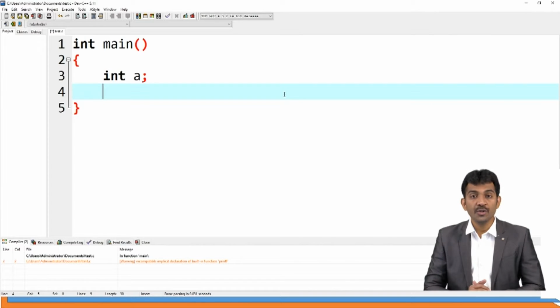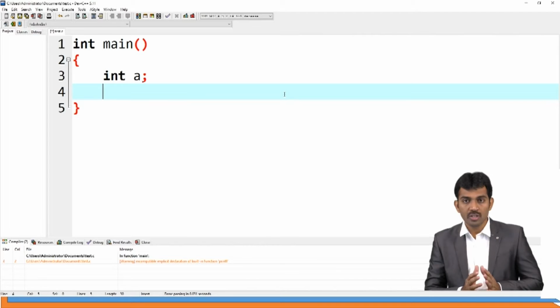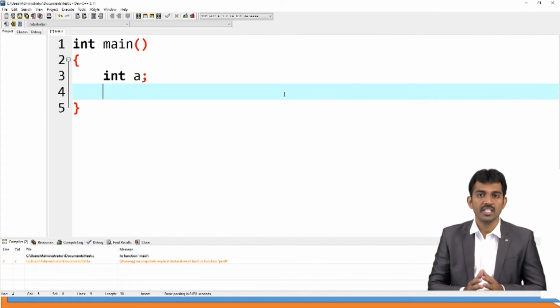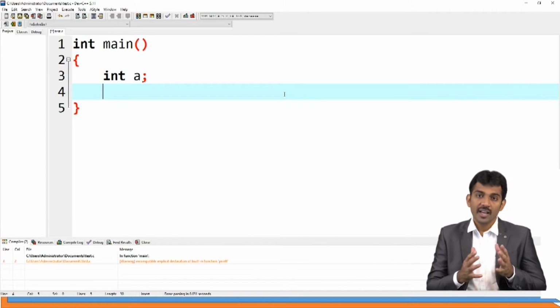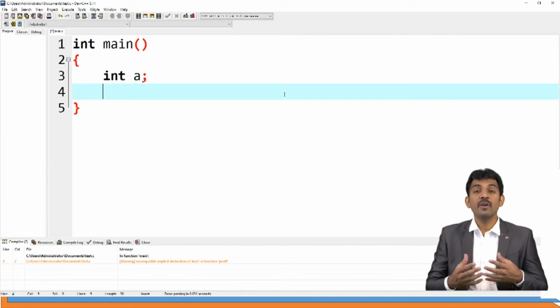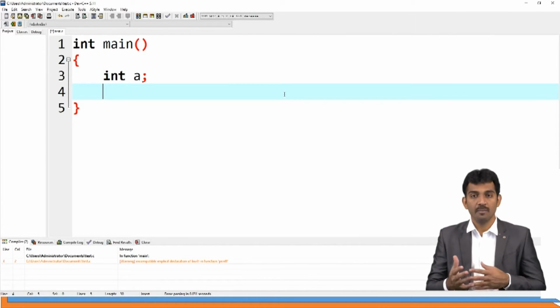And next, what you are going to do here, you are reading a number from the input and going to print on the output. That is your task, right? When you are going to read a number from the input, then you should use one message. It is not mandatory, but it is a good practice. You need to mention what you are going to do. See here, I'm going to read a number from the input, that is why I should use int a, and I'm going to display one message: read a number, or enter a number. This is a message, right?